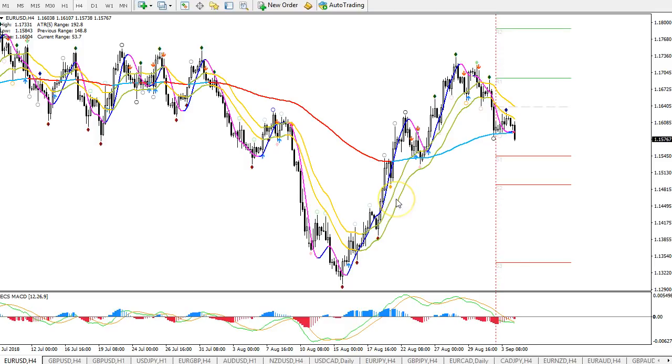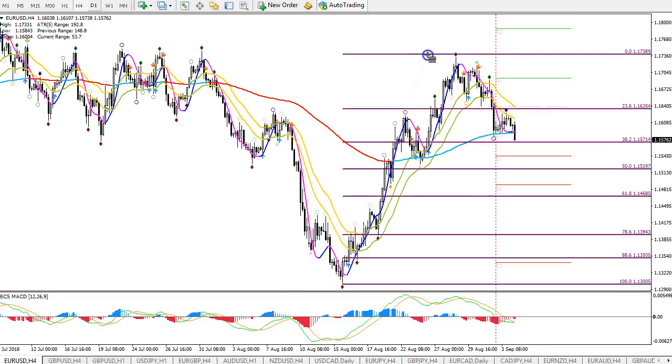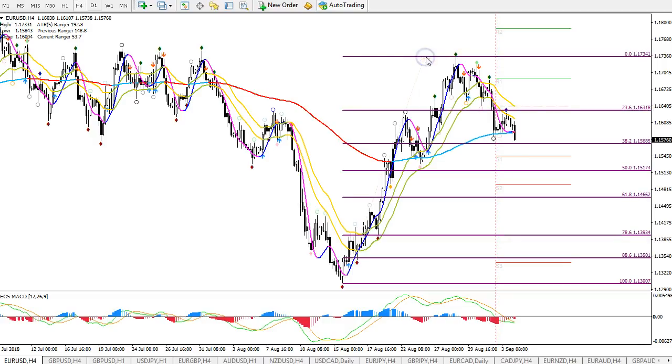So let's start with the euro dollar 4-hour chart, and we are getting a bigger correction to the downside. As expected, we had this fib on the chart because we thought that the bullish swing was over and that price would retrace back to these Fibonacci retracement levels. And you can see that price now is approaching the 38 and 50 fib zones for what I think is